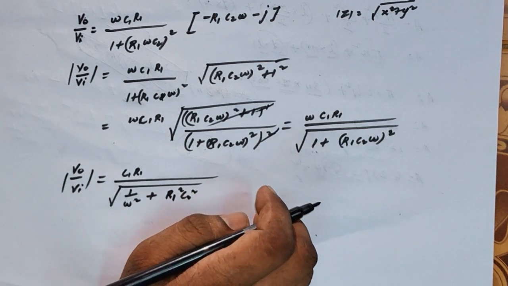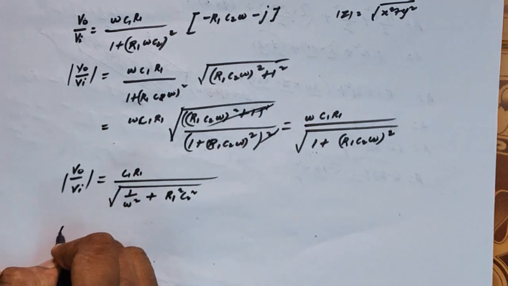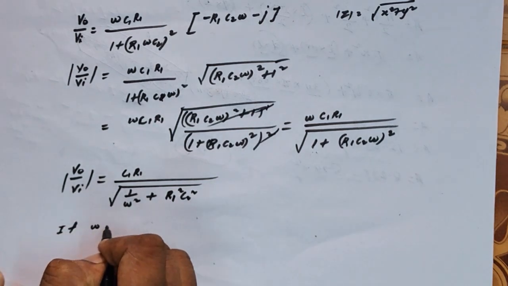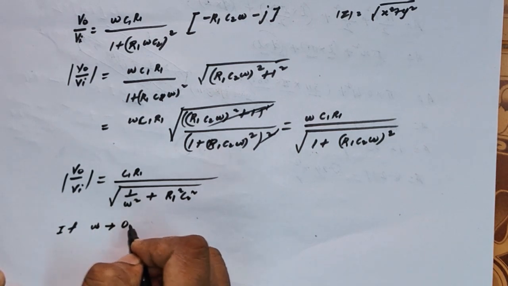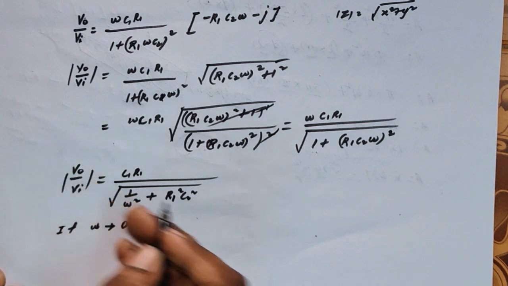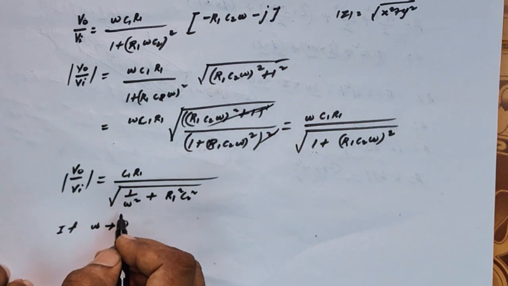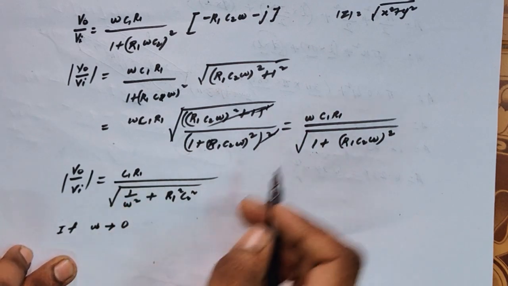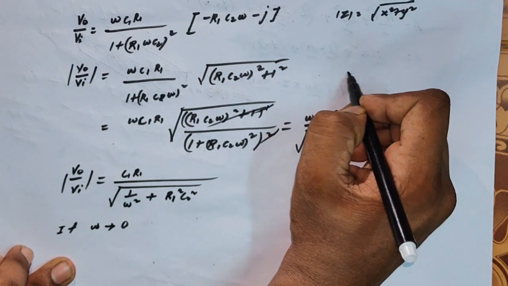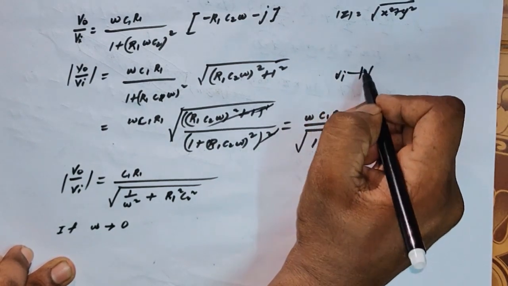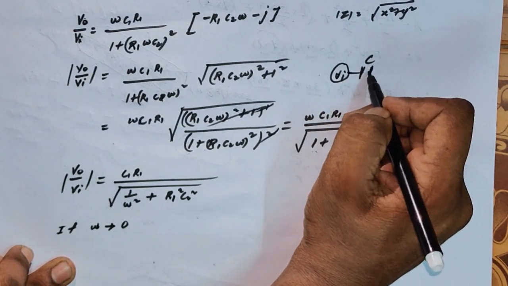Now we can discuss what would happen at a higher frequency as well as a lower frequency. Suppose the frequency approaches 0, that is, if you are giving some input voltage whose frequency value approaches 0, what would happen here? Because here the input is a sinusoidal voltage, then only we can give it. If you look at the circuit, the input voltage is connected to the capacitor. It should be a sinusoidal voltage. If you are applying DC, it will block.